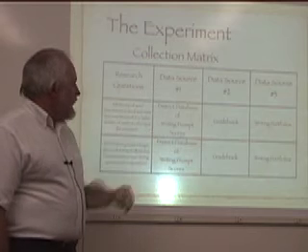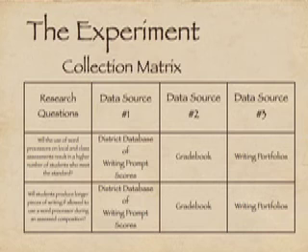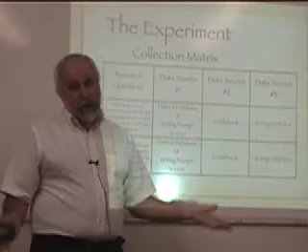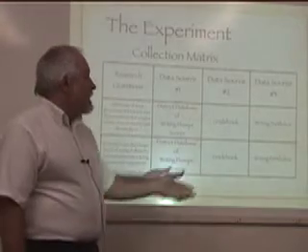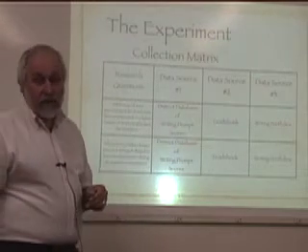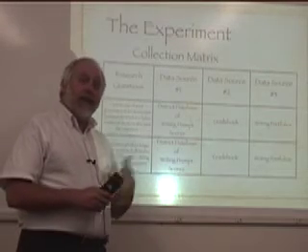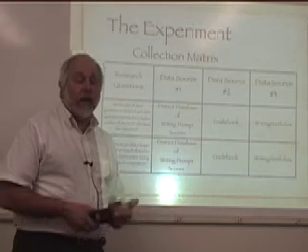We actually have a district database of writing prompt scores. We do 3 writing prompts in Brewer. And so we had those scores, from all the way from 4th grade up. Then we had data source number 2, which was our grade book. All of the writing that they do for us, with the exception of the writing prompt scores, goes right into the grade book. And then finally, there's a larger collection, a larger mass of writing called their writing portfolios. These writing portfolios are actually cumulative portfolios, so all of the writing that they do is put in there, and then they can actually go back to that and use this cumulative writing portfolio.